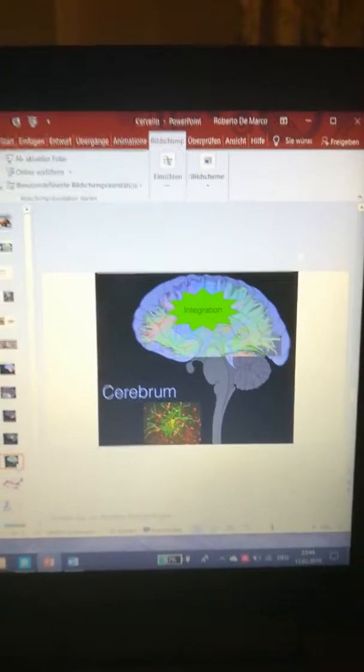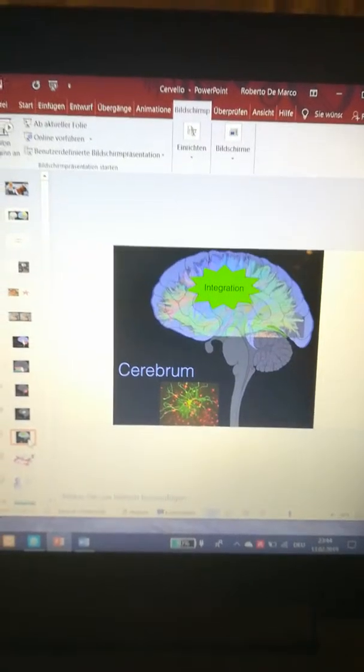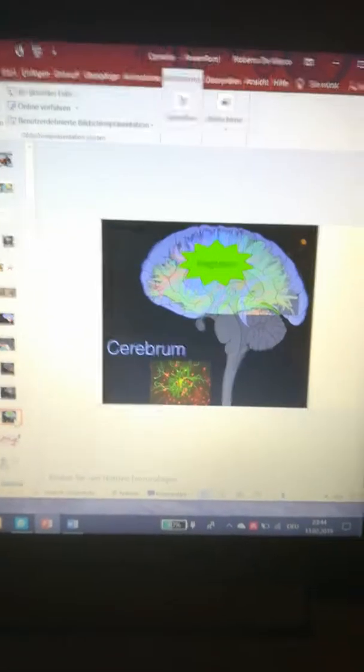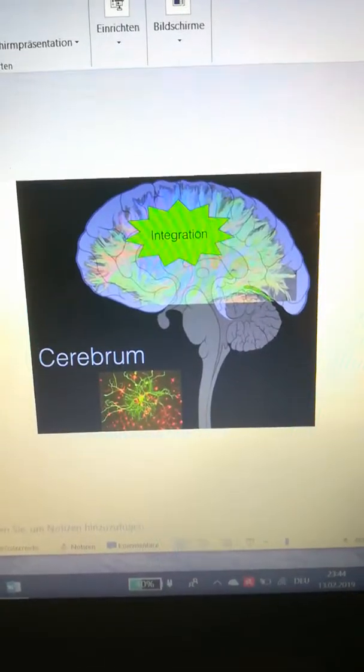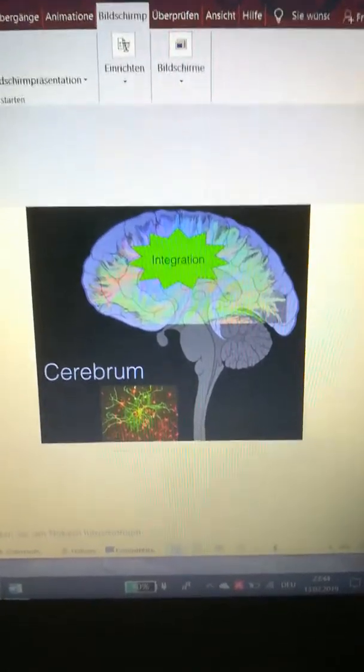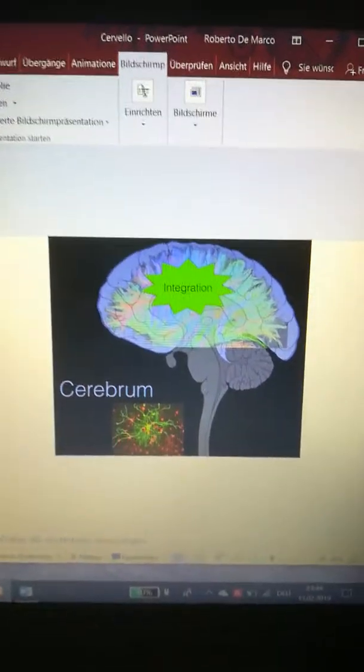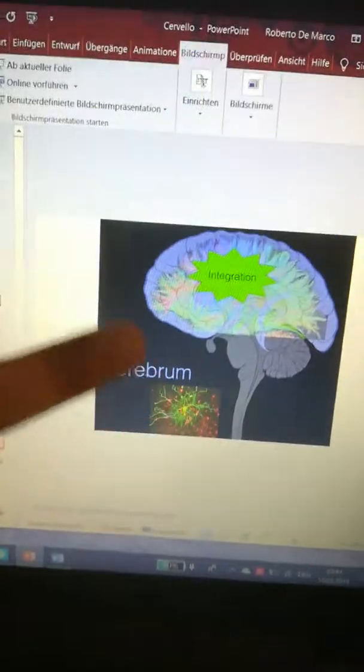And the last one is cerebrum. Cerebrum has thousands, as you can see, thousands and millions